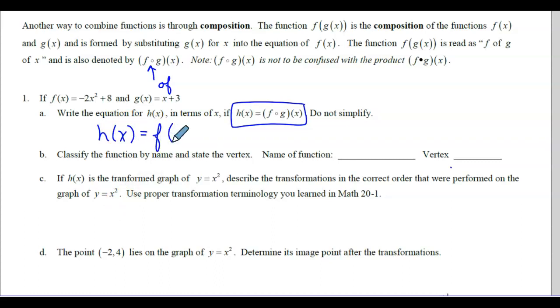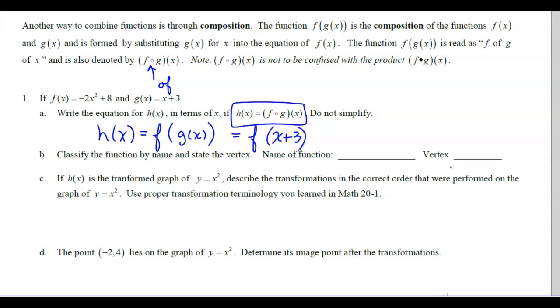I always convert this to the bracket form. Okay, so that open circle means the same as open bracket, g of x, okay? There's not a lot of space here, so I'm going to show my equal signs on one line, even though I don't like that, but I'm going to have to. So f of g of x is